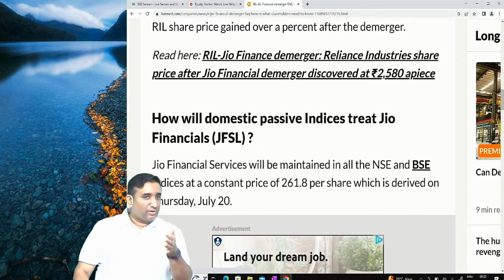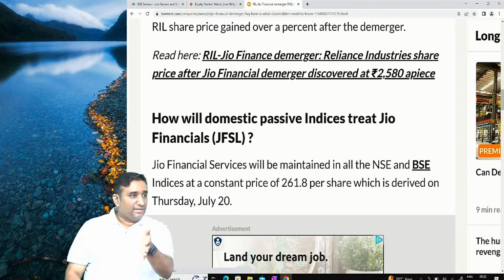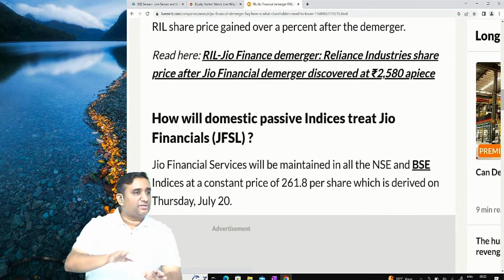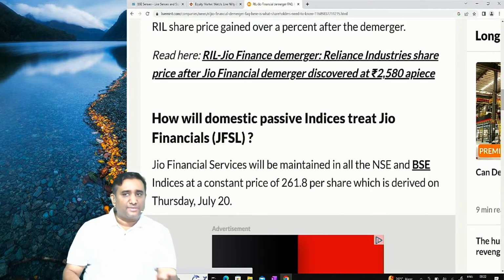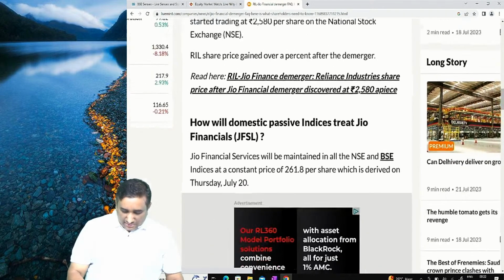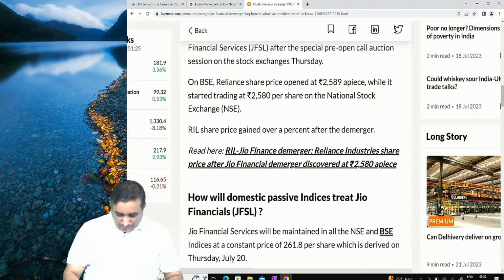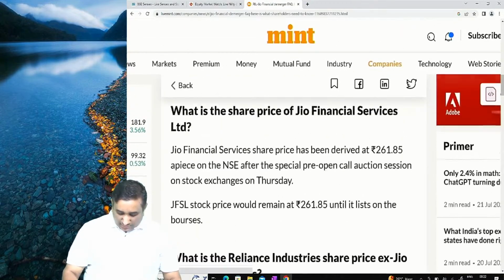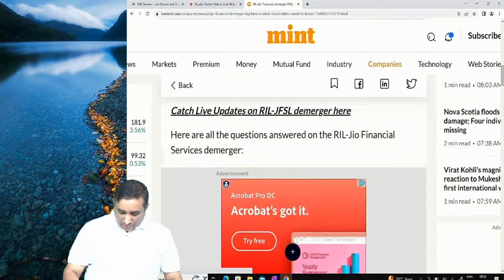In case they would not have made this stagnant, then the index would have shown what kind of a fall, but that did not happen. It's a very rare circumstance that you have these kinds of adjustments. So what I expect is, when you go back home, please make sure you look at this. Reliance share opened at 2589 and is trading at 2580, whereas just before that the price was trading at 26